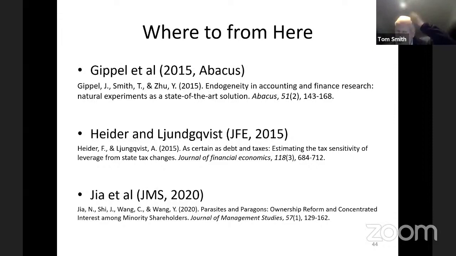Here's a paper that was the best paper at Abacus, on endogeneity in accounting and finance, with natural experiments as a state-of-the-art solution. That says far more, far better than what I've said in the workshop, just in words, about how to do these natural experiments. The Hyder and Lundquist paper we talked about, and this is my colleague Jing Shi, who got this paper published in Journal of Management Studies, which is a natural experiment and a difference in difference estimation. So then I think we're pretty much